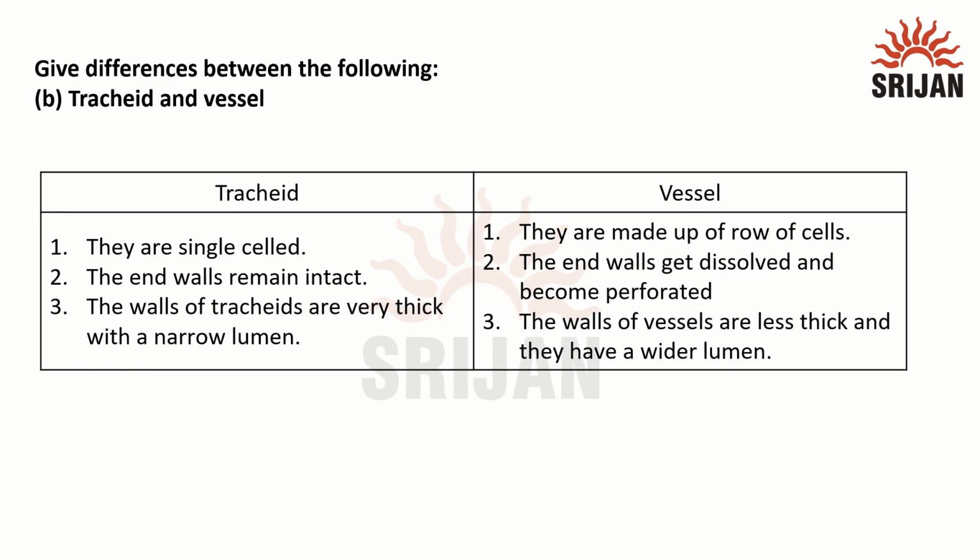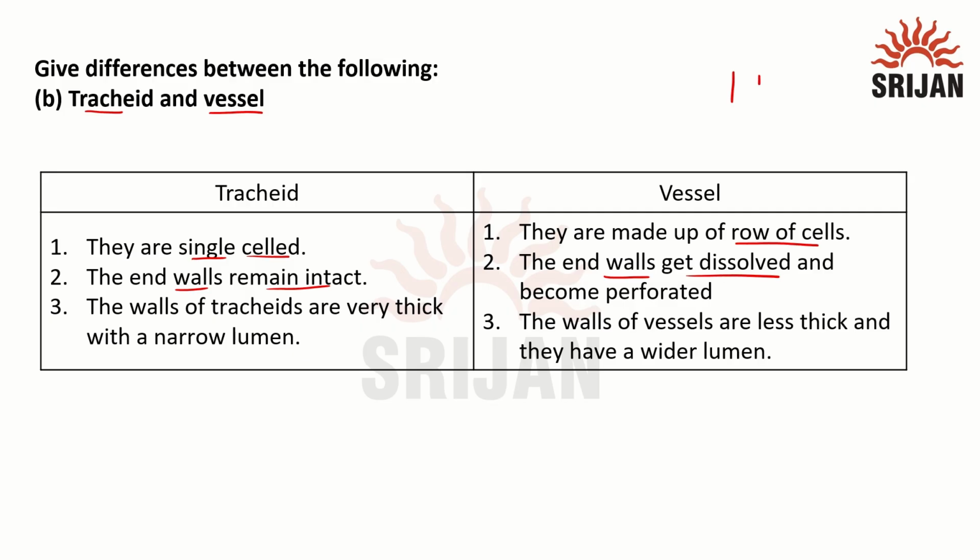The second difference is between tracheid and vessels. Both are the elements of xylem tissue. Tracheid is a single cell, whereas vessel is made up of a group of cells which are arranged one above the other. Tracheid's end walls remain intact, whereas in vessels the end walls get dissolved, that is where the two